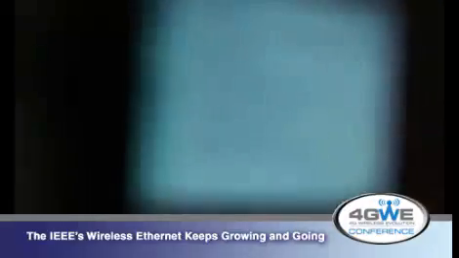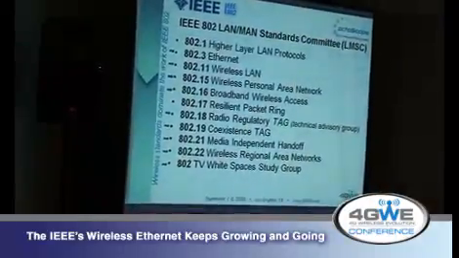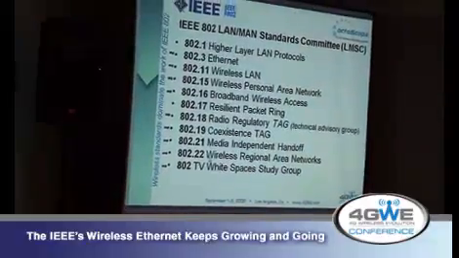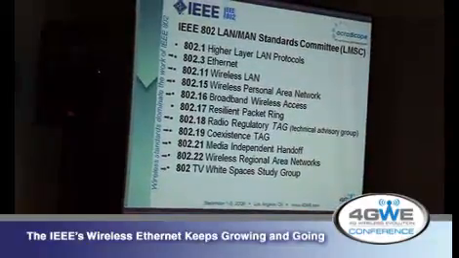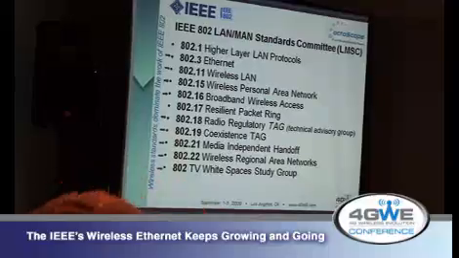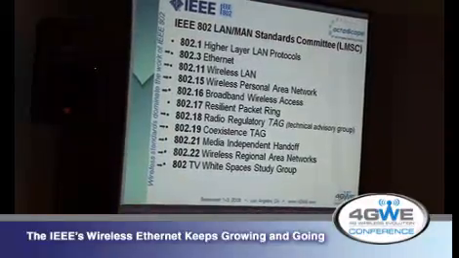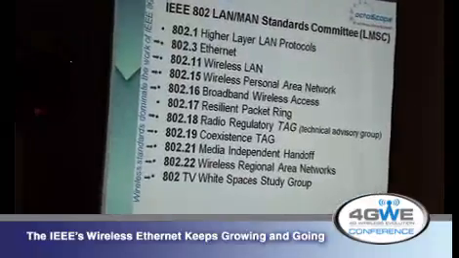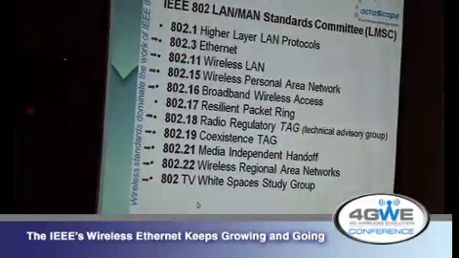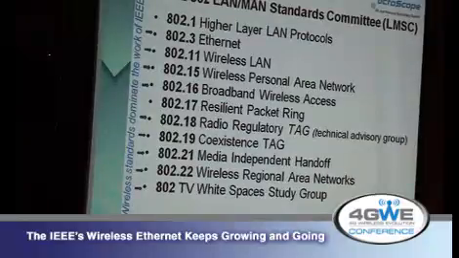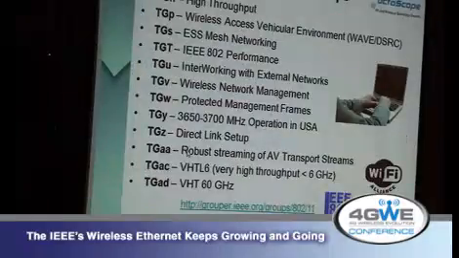802.22 has been working, and most people think 802.22 is the standard for white spaces because they so closely worked with the FCC, but they have been kind of slow because of the participation of incumbents. And so the work is now shifting around the various groups at IEEE to make it move faster. So we'll talk a little bit about all of this.